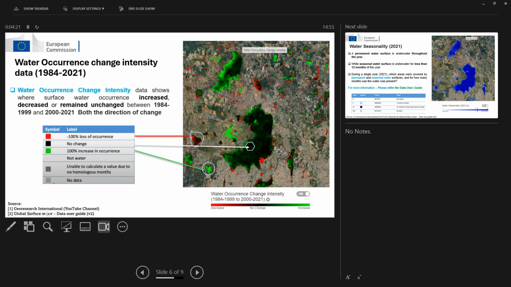Water occurrence change intensity is the next data set. This data shows us where the surface water occurrence has increased, decreased or remained unchanged between 1984 to 1999 and 2000 to 2021. Both the direction of change is being shown. You can see the red color, where there is a decrease in water, that is highlighted in red color. Where the water has neither increased nor decreased, that is no change, always water is there,